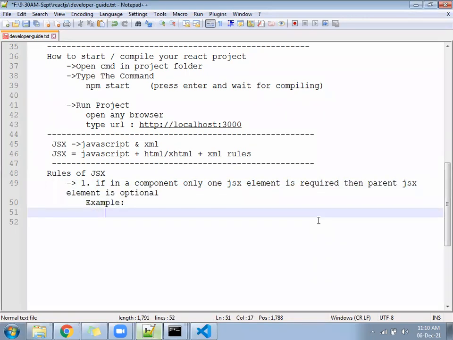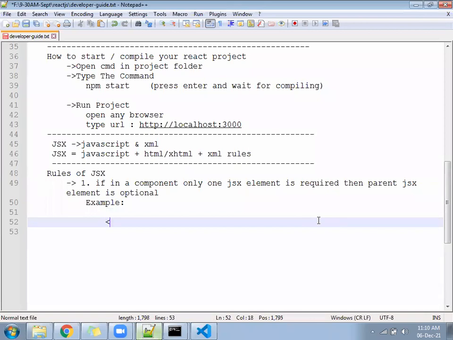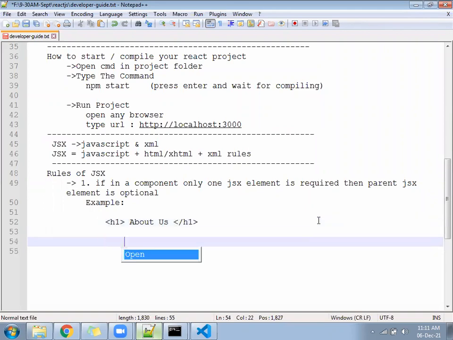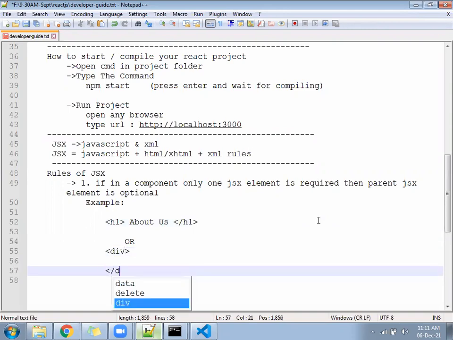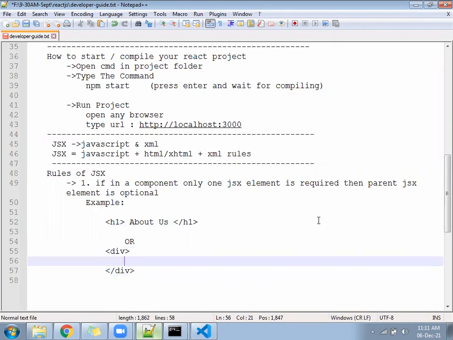For example, suppose in a component you are writing only H1 about us and closing the H1. This is valid. Or, division open, division close, and inside it the H1 with about us, close the H1.